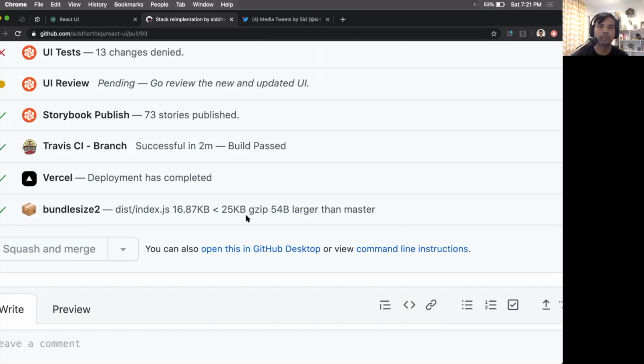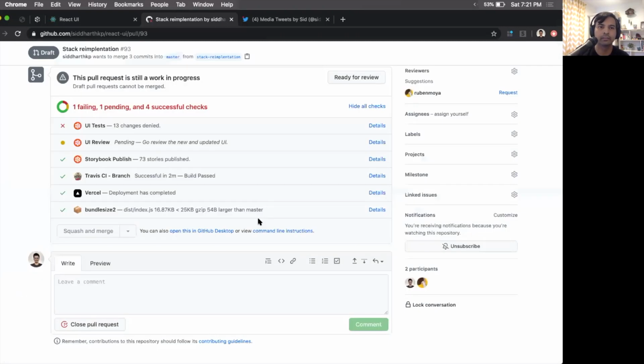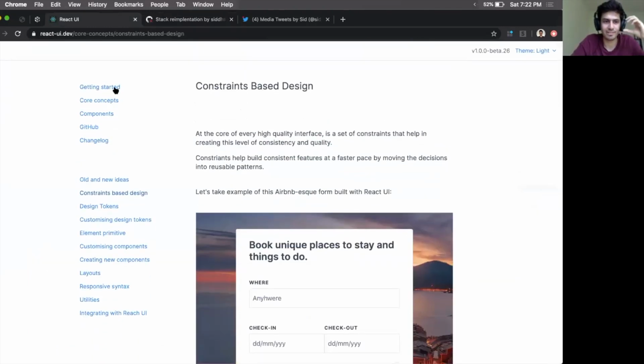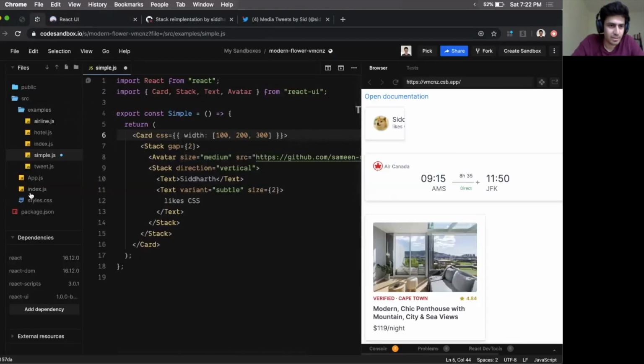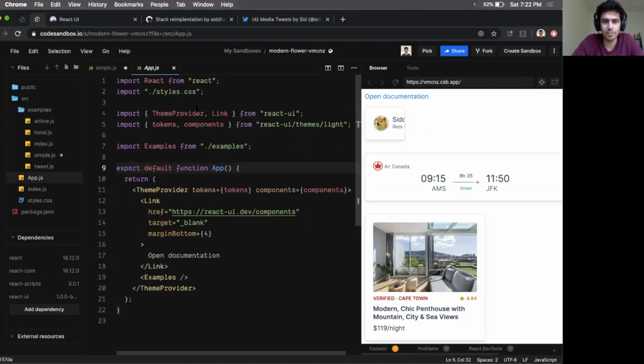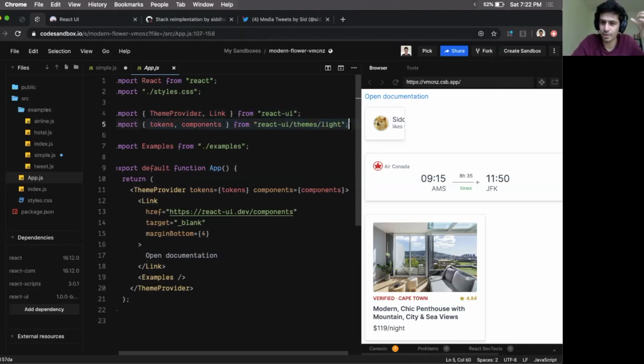Do you have a recommended Webpack config wherein a user can actually separate out the core and the tokens into separate JavaScript bundles? Oh, so we went slightly in the opposite direction. Do I have a getting started? Okay, let me go to the Code Sandbox example. In the App, this is what the import looks like. You have the theme provider and all of the components from React UI, and then you have tokens and components as a different import, right?